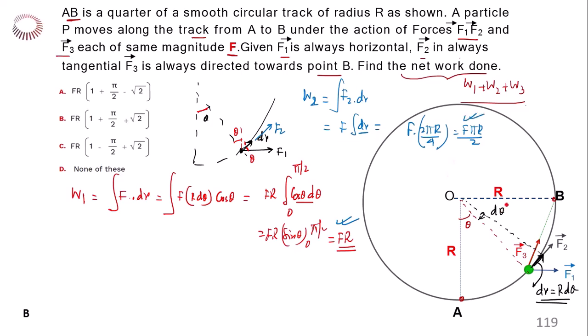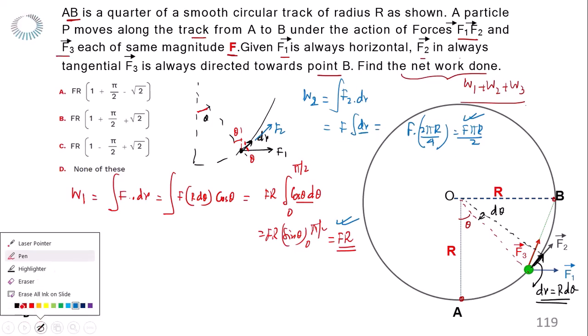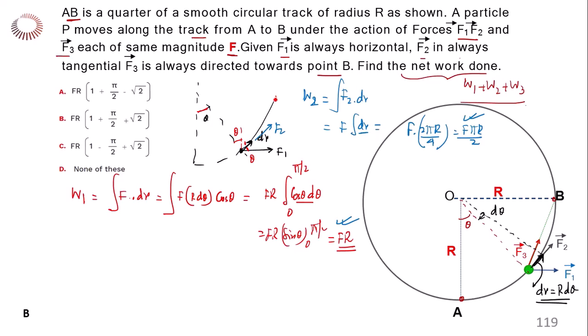So for the third, force is directed always towards the B point. Let us say this is the B point. So force is directed towards the B point, in this direction. So if I say that angle is theta, so in this diagram, if I say that angle is theta, so can I say